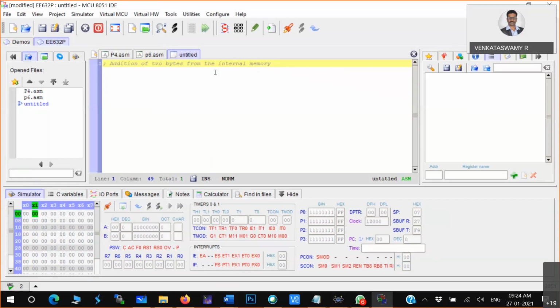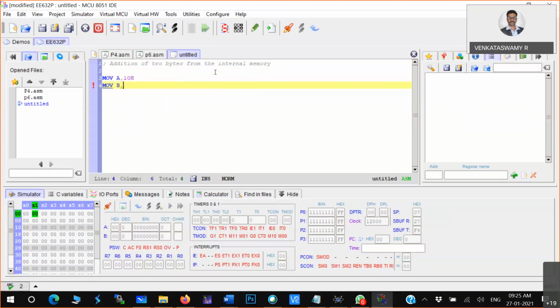But see here, the program I'll start writing. So now the command: move A comma 10H. That means from the 10th memory location, whatever data is there, you take it to the accumulator.